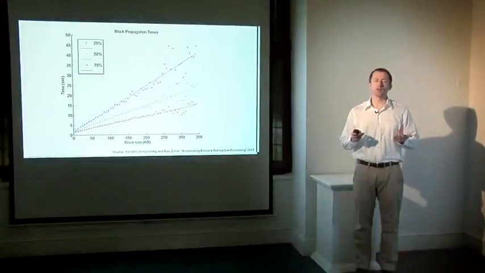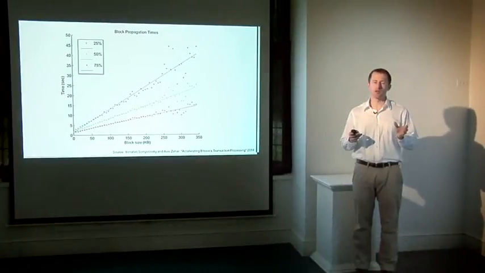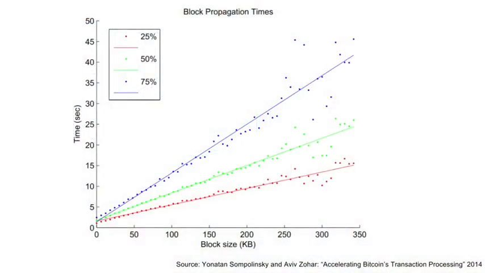So how long does this flooding algorithm actually take? How much latency is imposed here? This is a graph showing the average time for new blocks to propagate to every node in the network. And the three lines show the 25th, the 50th, and the 75th percentile of how long it takes for a new block to reach every node in the network. And if you look at the 75th percentile there for some of the larger blocks, and this is heavily dependent on size because of bandwidth constraints that some nodes have, you'll see that the average propagation time is over 30 seconds. So this shows that this isn't a particularly efficient protocol.